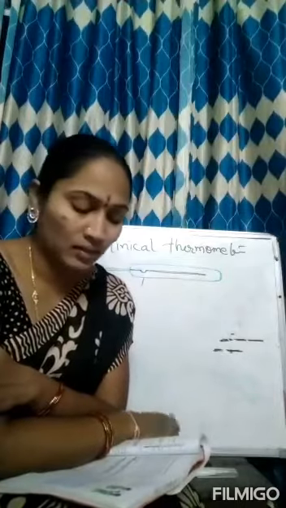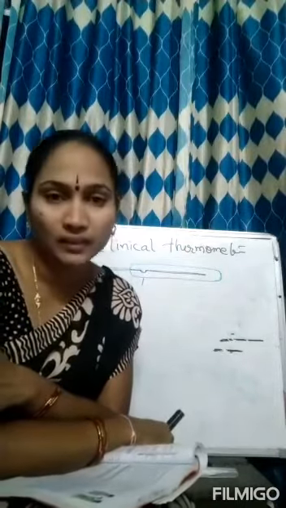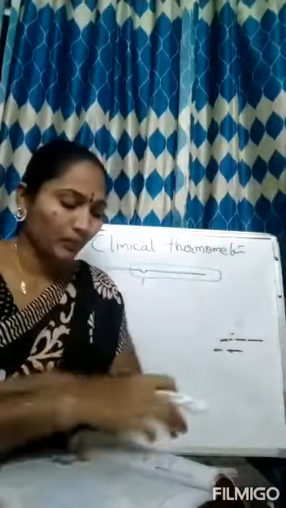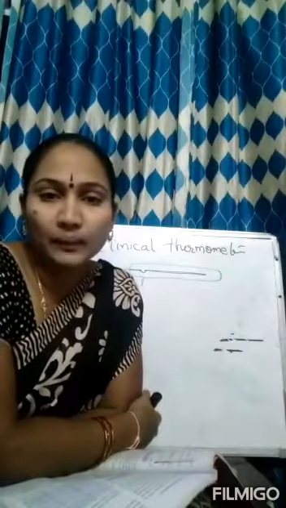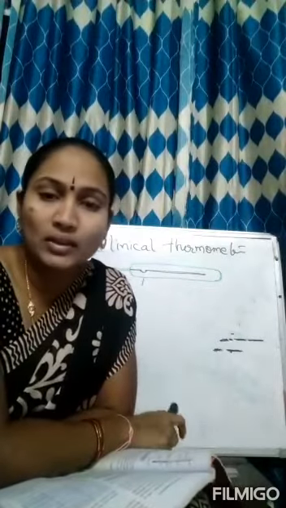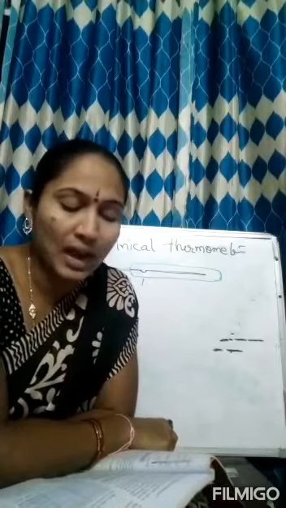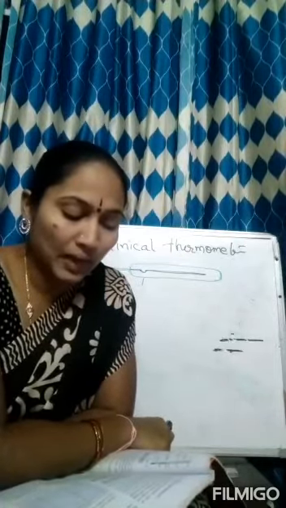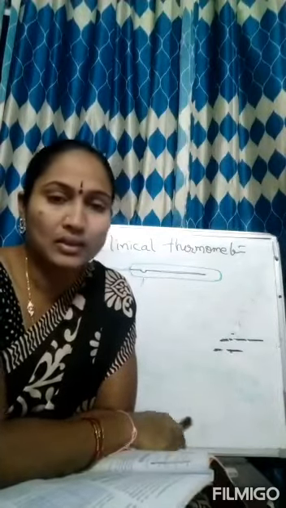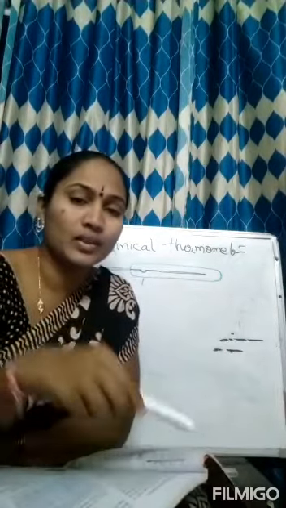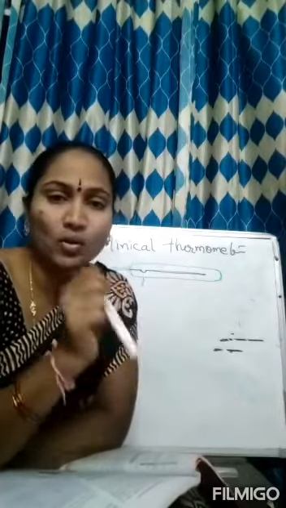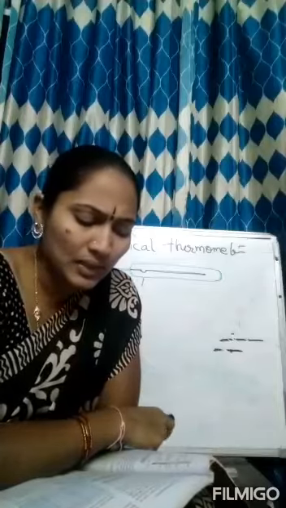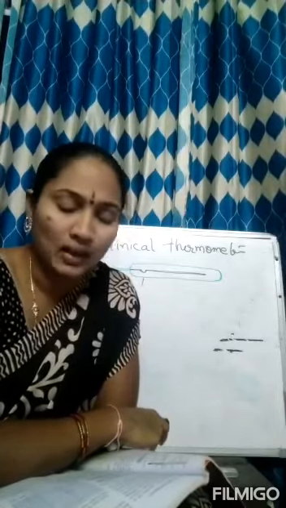Welcome to today's class. So yesterday we have learned about the clinical thermometer and the diagram of the clinical thermometer. Now, how to use a clinical thermometer. So wash the thermometer preferably with an antiseptic solution. Hold it firmly by the end and give it a few jerks. Jerks in a sense like this. This is called a jerk. So first we have to wash it with an antiseptic solution. These jerks will bring the level of the mercury down.